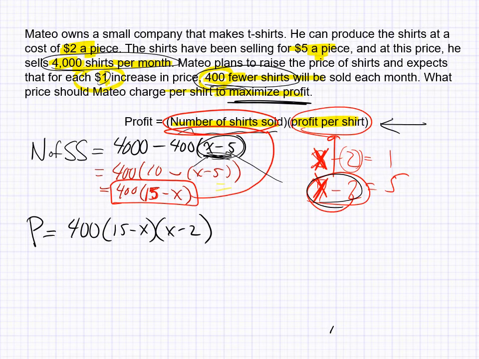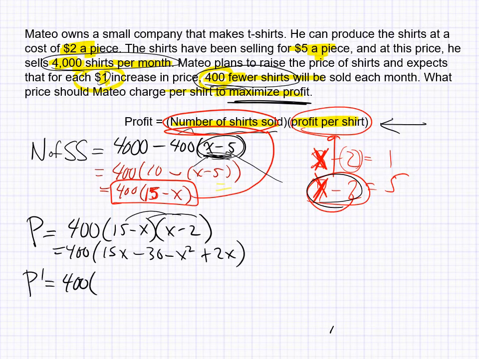All right, so this is our profit equation. We're going to have to take the derivative of this profit equation. One way could be to use the product rule. Or we could multiply this out before we take the derivative. I'll leave the 400 out here, but I'll have 15x minus 30 minus x squared plus 2x. If I then take the derivative, the 400 is a constant multiple. 15x's derivative is 15, 30 is 0, x squared is minus 2x, and 2x would be 2. So my derivative, which I can rewrite very simply as 17 minus 2x,